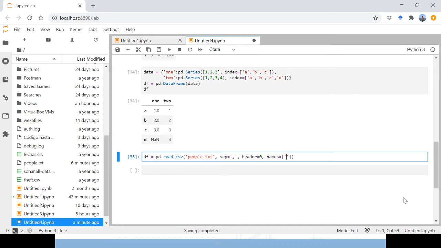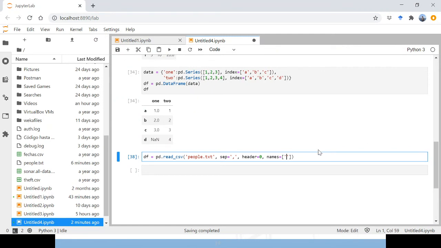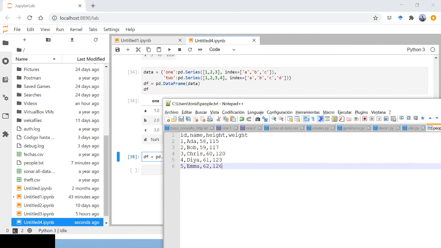Okay, so be careful with this. And the name of the columns, well, wait a second. Well, no, I made a mistake. Here equal to 0 means that we are not going to use the default names which are included in the file. Okay, but we are going to use other names. For instance, we had ID, name, height, weight,